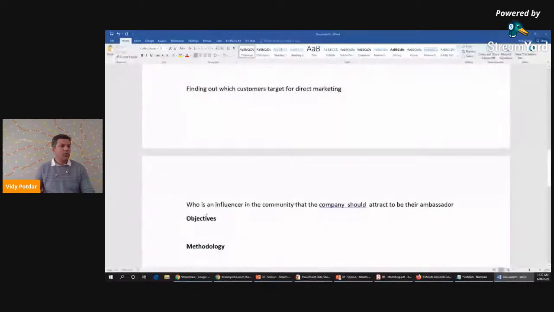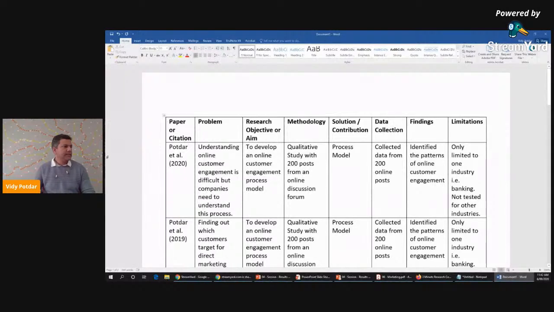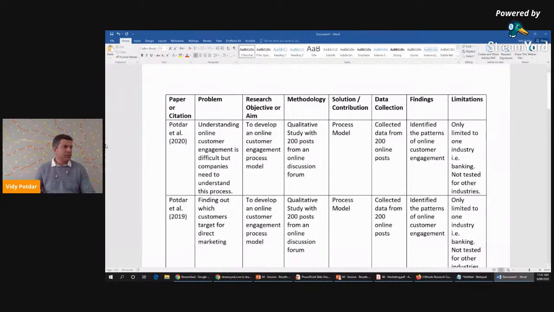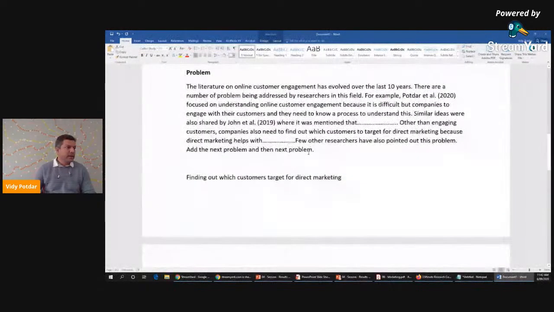Okay, so now let's look at, say, the methodology. So we have the problem. We need to know now how to address this problem. The authors have developed this using this methodology. So let's go back to here. Okay, so I mentioned this, where I mentioned the first problem and then mentioned the second problem as well. Okay, so let's come here. You could now say that